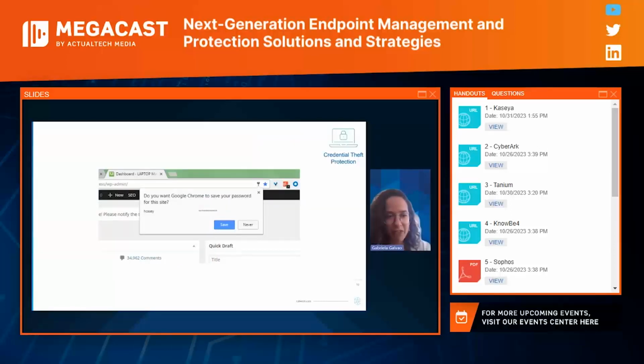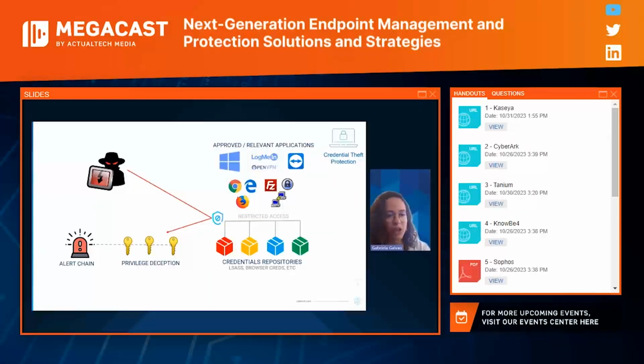And I'm not sure if we have any type of interaction on this platform, but try to talk to me, send me a question in the chat. Have any of you clicked the button that you see on the screen, in blue, saying save? This is just one example of how easy it is to leave hashes of credentials available for malicious hackers. And what users normally don't know, as much as we try to train them, is that the credentials stored in those locations can pose a great threat to the organization, because hackers and malicious users can use them against the same organization. And here is how we solve it.